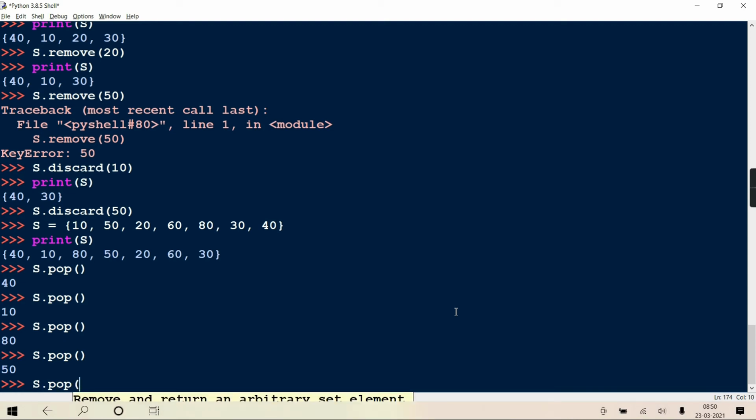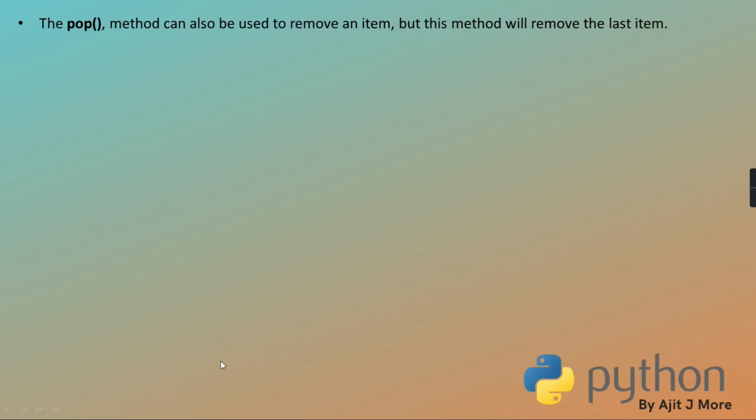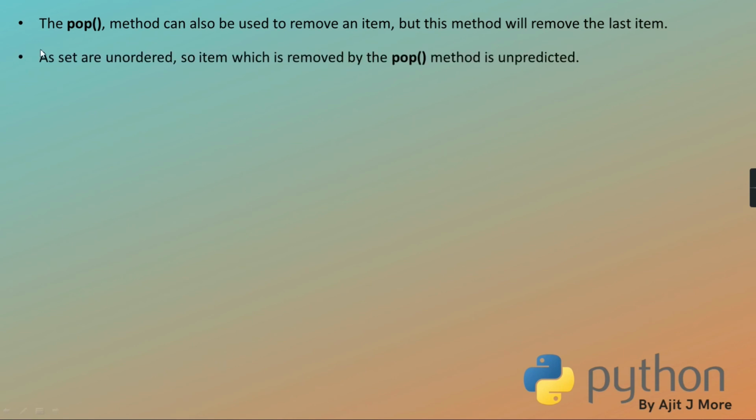And no provision of index, because when you say s.pop(), here there is no provision of giving an index, but for a list there is s.pop(). See, is there an index provision? index equal to -1, you can see, which is the default. So you cannot give an index in this case. See, as sets are unordered, the item which is removed by the pop method is unpredictable. Getting it? Meaning in which sequence it will get removed doesn't depend on our order. It is the sequence in which it got stored, right? And this pop method will always return the item which is being deleted.